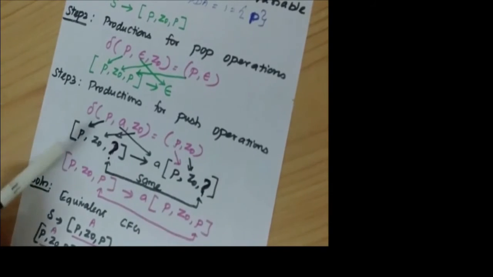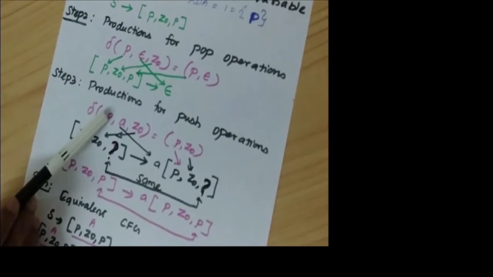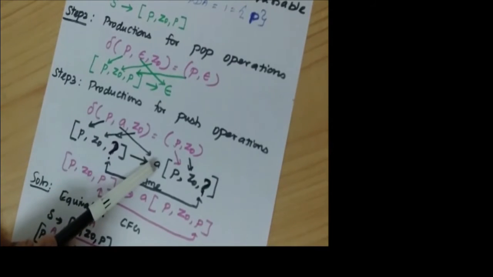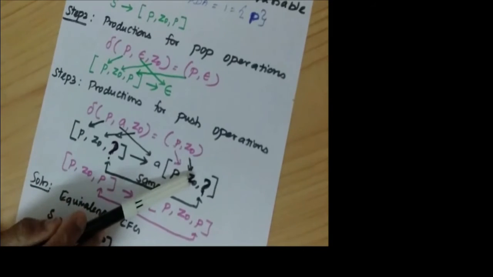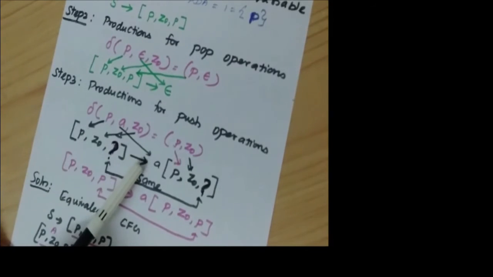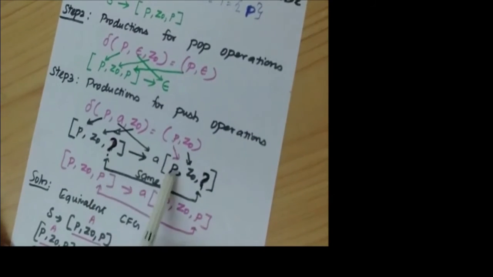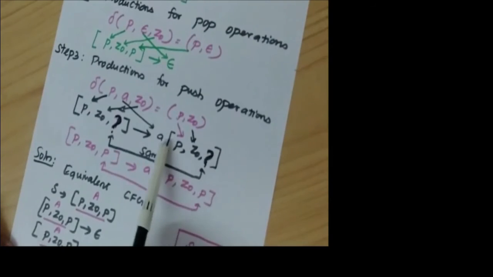As in the push operation, we have to take the symbols like this. The first symbol and third symbol come here, and this A goes to the right side of the production, and this P is filled here, this Z0 is filled here. The third component in the left-hand side triplet, and the third component on the right-hand side of the production, are to be filled out later. That's why a question mark is shown here. So you assume this is the format to be filled.